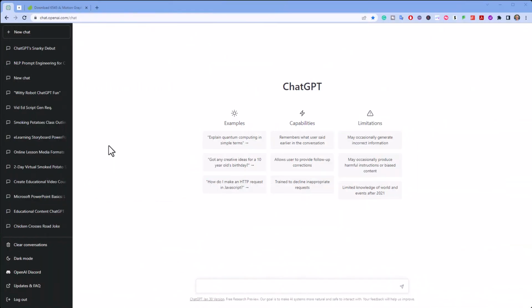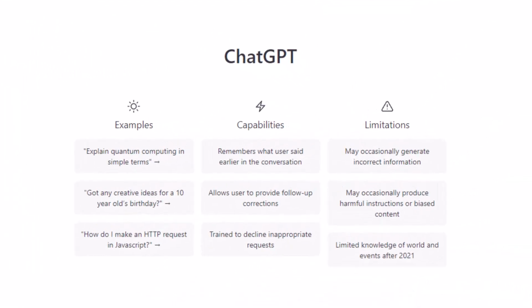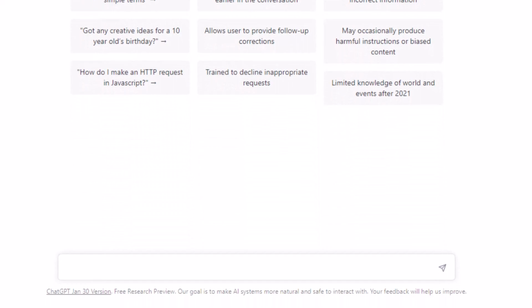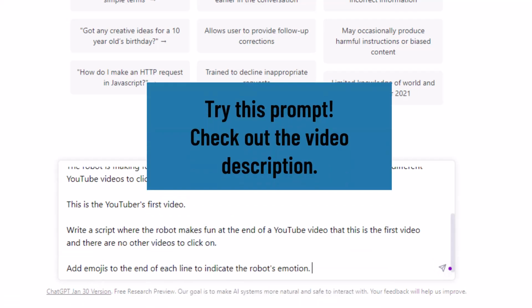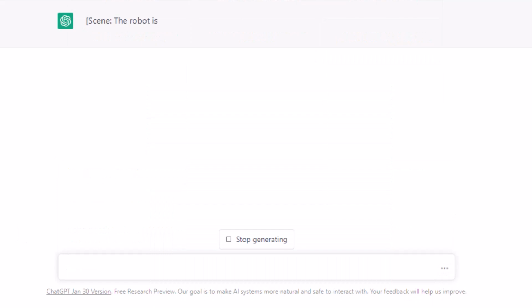We're going to start with ChatGPT. ChatGPT is an incredibly powerful text transformation tool. And I'm simply going to go ahead and in the prompt area, paste a script that I have already created. I'm going to let this run, and let's see what ChatGPT does with this prompt.